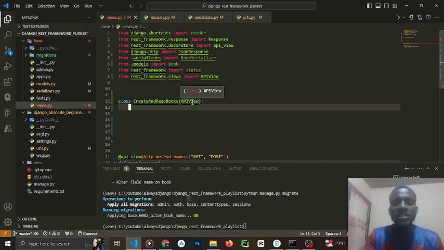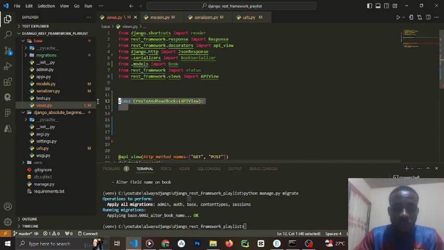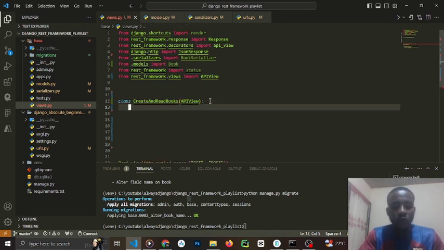So with the API view, we can create methods here with the same name as our HTTP request that will be executed when that HTTP method is requested to this class, right? So let's slow it down and try to understand. What I'm trying to say is basically in this class we just created, we inherit from API view. Then if we make a method here and call this method get,